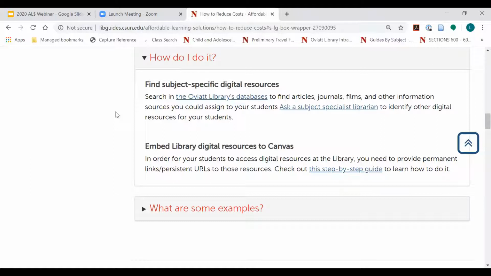For a family and consumer sciences class, Professor Yoko Mamura had a traditional textbook that she was using before, but she wound up replacing it entirely with some scanned book chapters, some journal articles, and some information from professional organizational websites, and then had that all available through Canvas for her students. So not only was that all available remotely, but she also brought the course costs down to 0, which is really fantastic. Yeah, and like I said, you can embed all of these on Canvas or put them on reserve so students can easily find them. So that's just one